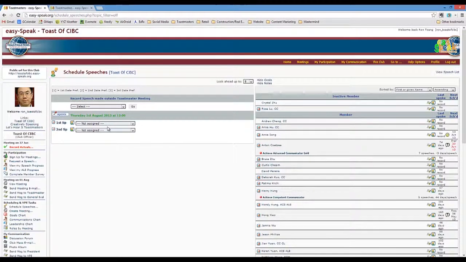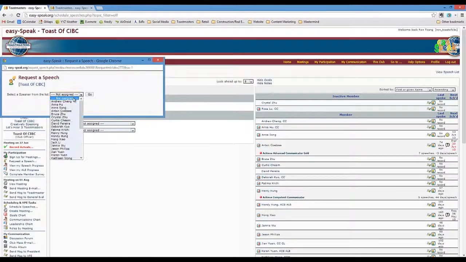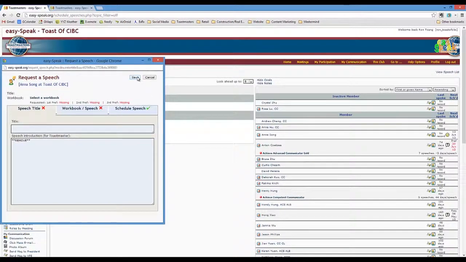When you pick the speech, let me see. I did it already. Is it auto save, or do you need to do something to save the changes? You have to click the save button. Where is that? So when you request a speech, you type in the speech, click. I go back to the screen to say schedule speech, and I see